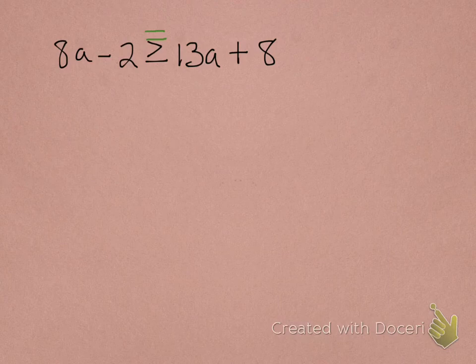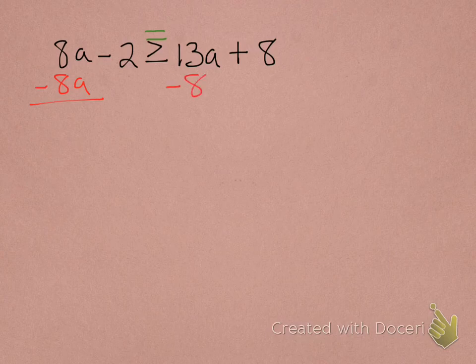So first thing that I'm going to do is I notice that there are 2 variables. I have 1 letter on each side of my inequality, so therefore I want to eliminate one of them. It doesn't matter which one. I'm going to choose to eliminate the 8a just because I like to be a positive person and I like to keep everything positive. So therefore I'm going to eliminate the lesser value so that I can keep a positive